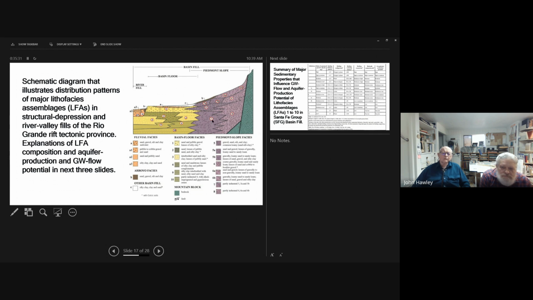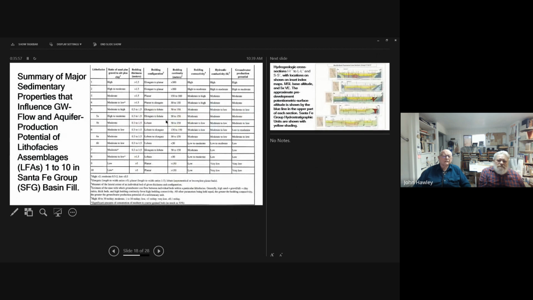They are coarse grained, but they contain mixtures of sand, silt, clay, and gravel. And so they're not very good aquifers. And we divide those into 10 units that are called lithofacies assemblages. And these are the subdivisions of the Santa Fe Group.